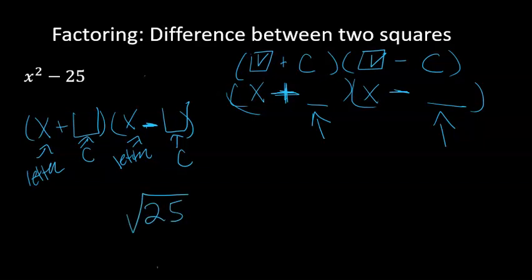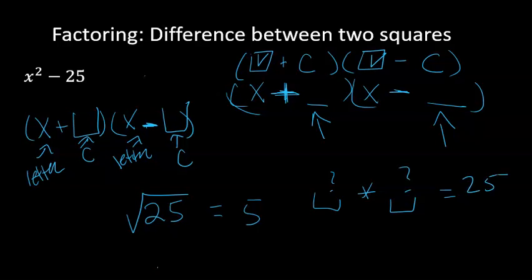25. You could do square root stuff. This is 5. The thing is, it takes a minute to memorize these. If you got a calculator, that's going to help you out. But what if you're not allowed to use one? What if they're like, just figure it out on your own when you get that test or quiz? What you got to basically figure out is what two numbers can I multiply that will equal 25,